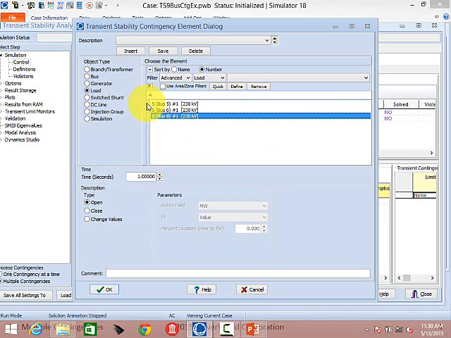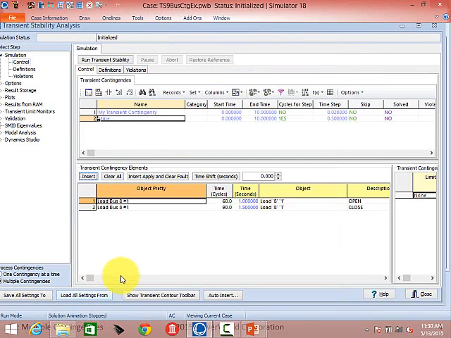Pick load 8 in the chooser. This time the description type is close, and then for the time we want to change the time to 1.5 seconds. And then once that's all set, hit OK,